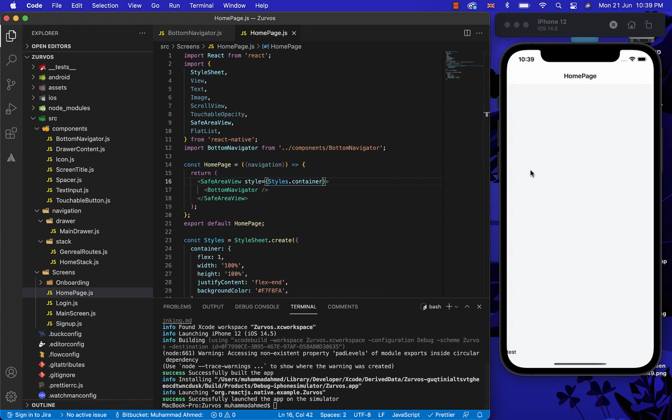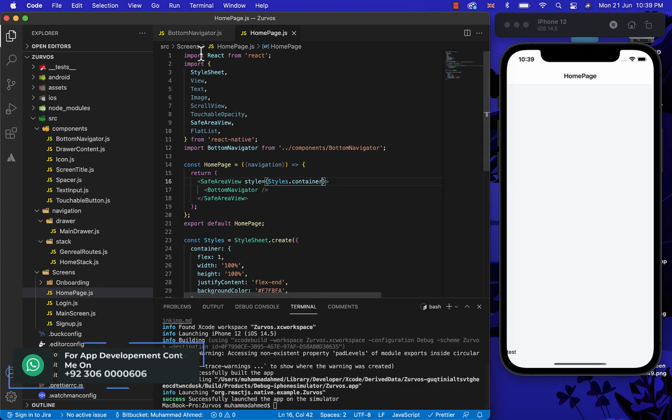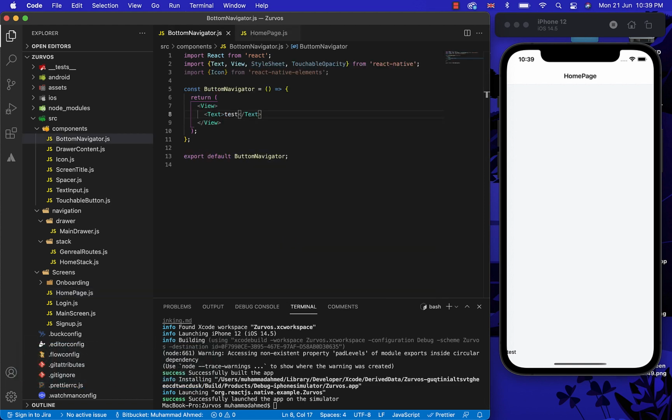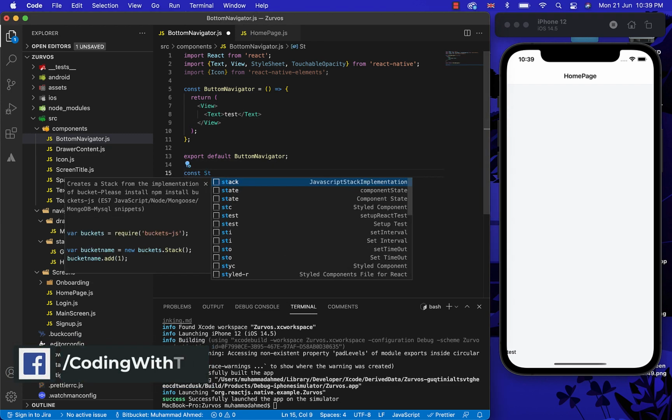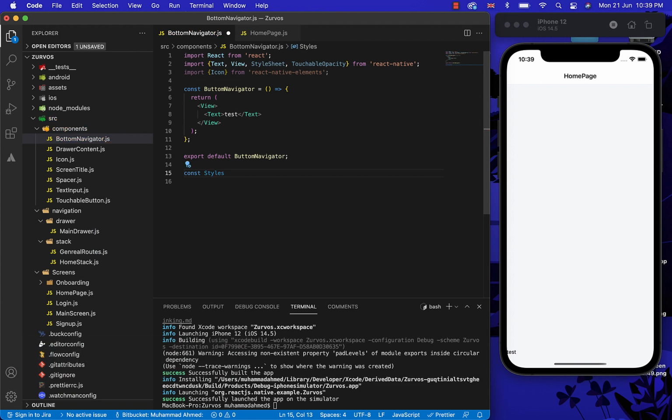So now, as you can see, after giving some stylings to the safe area view, our bottom tab navigator content comes to the bottom. So now, let's just start adding content to the bottom tab navigator.